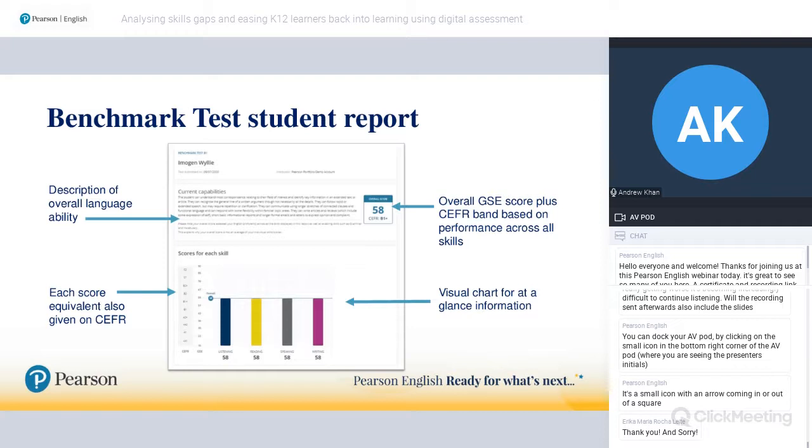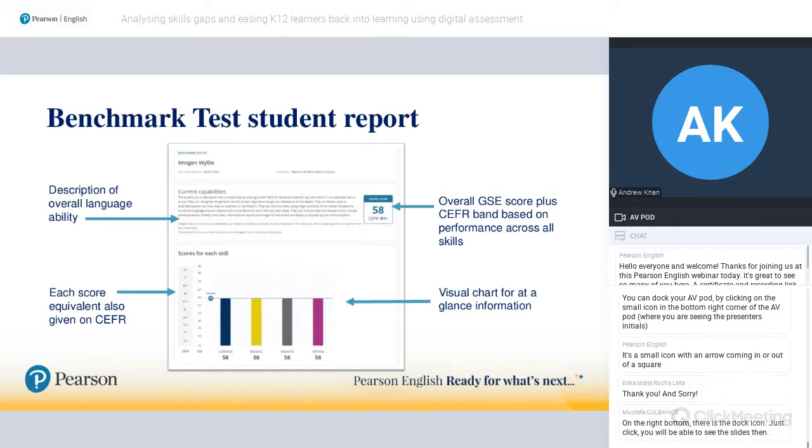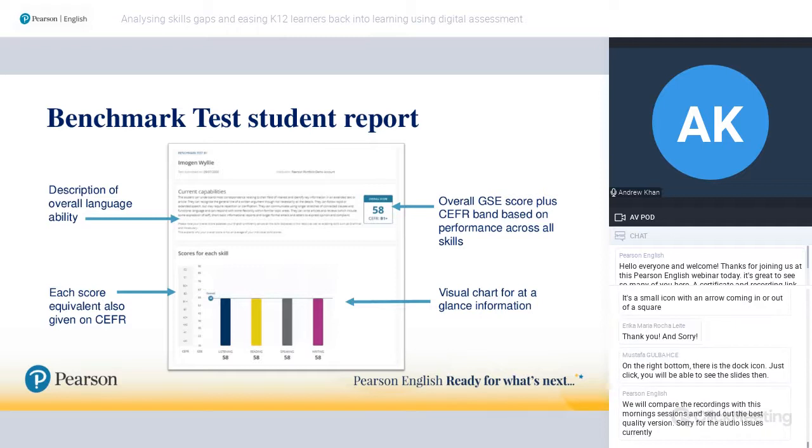Just below that, you also have your skill scores. So that's skill scores for listening, reading, speaking, and writing. You can see in this situation, the learner has done very well in the test. They've hit the ceiling for the scores for the B1 test, and they've scored 58 in everything. In a normal situation, you might have a learner that scored higher in listening than in speaking, for example, higher in reading than in writing.